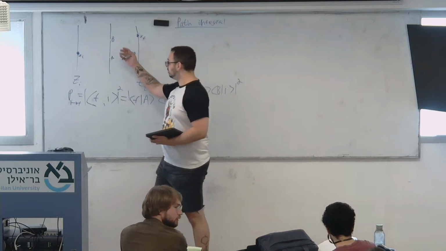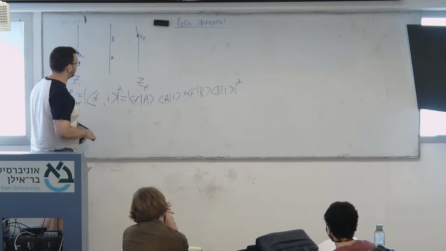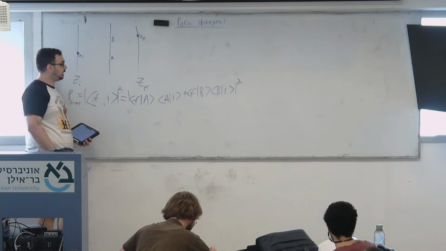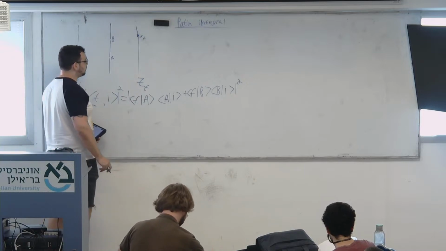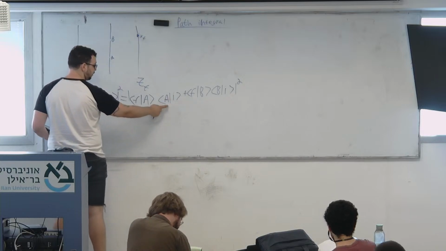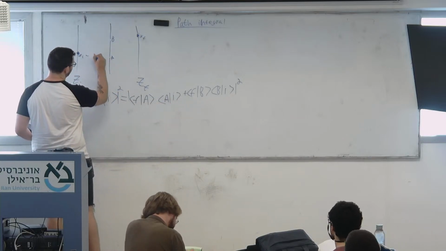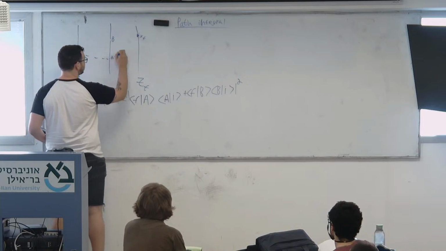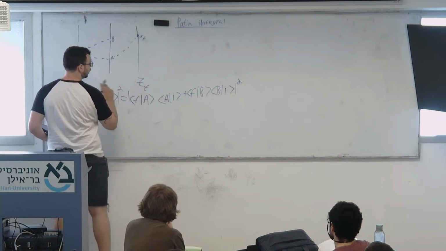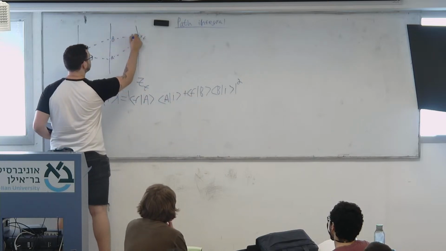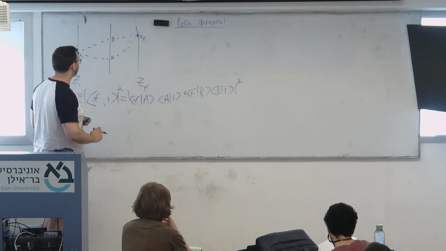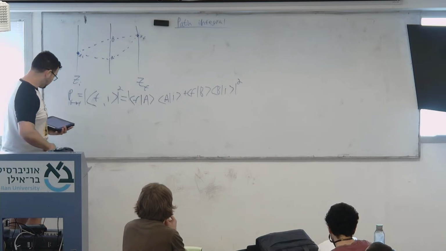So we added some board in here and reduced the number of paths that our particle can possibly take. And basically, what's written here, just to reiterate, you're going from I to A, and then from A to F, or we're going from I to B, and then from B to F. A, B, slits. Yeah. Okay.